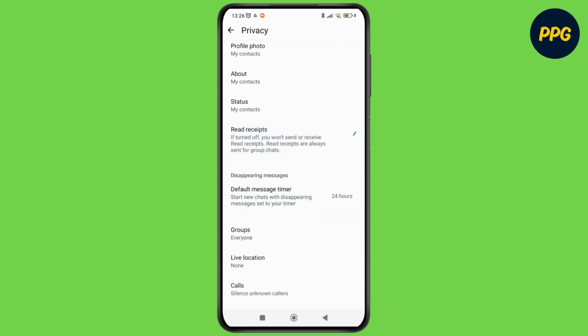So just disable it, and as we disable it, we won't be seeing or receiving read receipts, and read receipts are always sent for group chats. This generally does not show if our message has been seen or not, or if we have not seen any